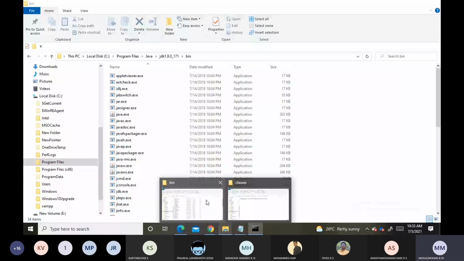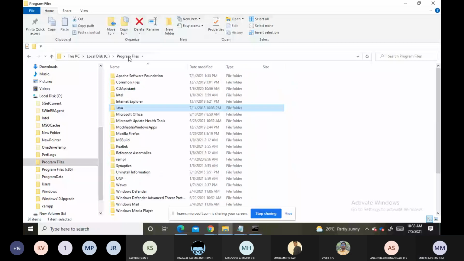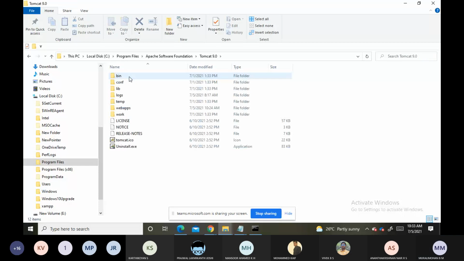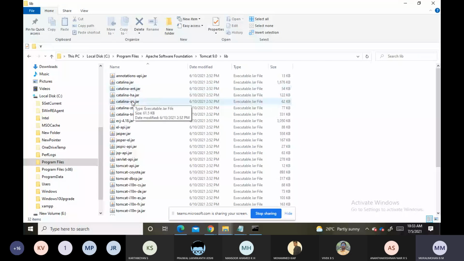Are you getting it, or any confusion? Program Files, inside that Apache Software Foundation, Tomcat 9.0, inside that lib. Inside the lib folder we are having the servlet API jar file. I hope you are able to see this.